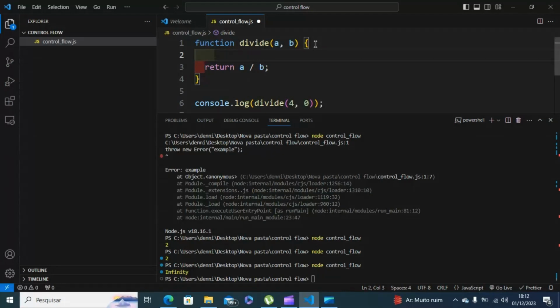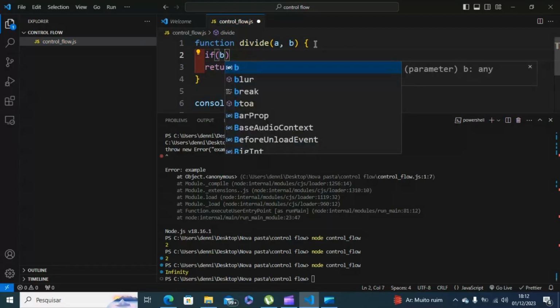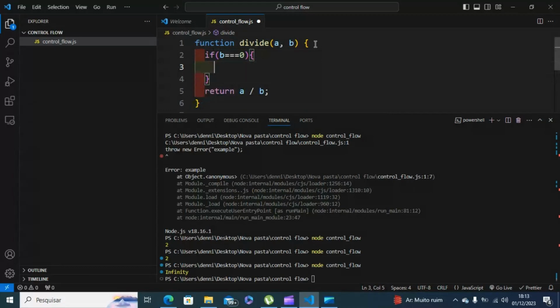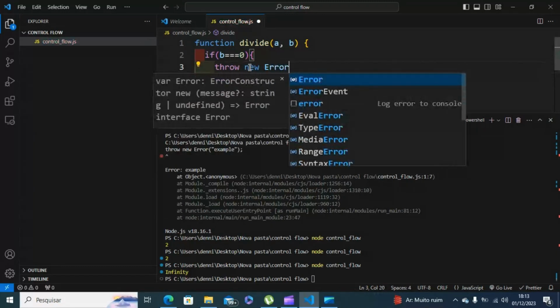So we can do a check here. If b equal 0, throw new error,